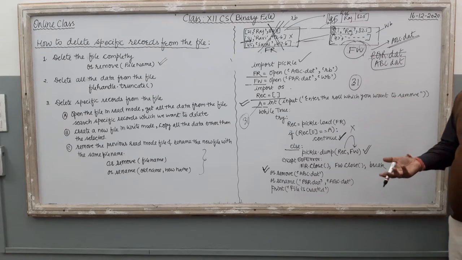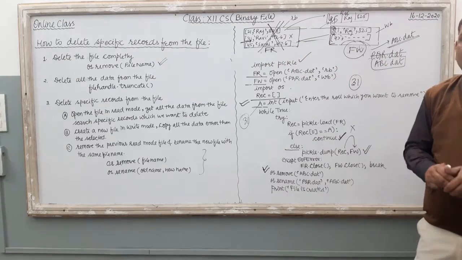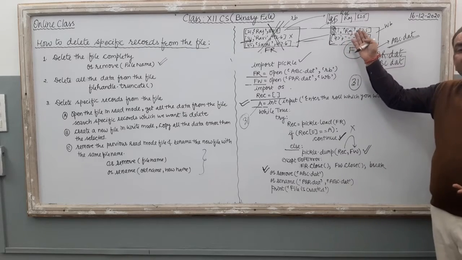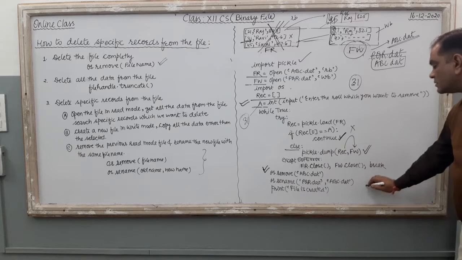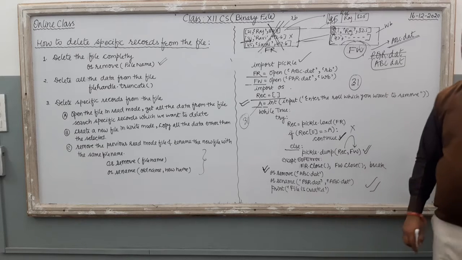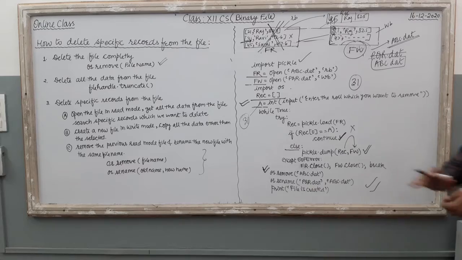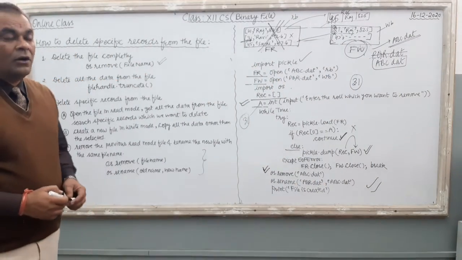अब आप जब भी प्रोग्राम चलाओगे abc फाइल ओपन करोगे आपको ये जो 31 वाला रिकॉर्ड है वो नहीं मिलेगा उसमें. Other than the 31 all the records are there in this abc.dat file. Clear? This is the deletion process and this is the deletion program. Right? Just take the screenshot of the board and try this program on your PC. Clear? I hope the topic is now easy for you.